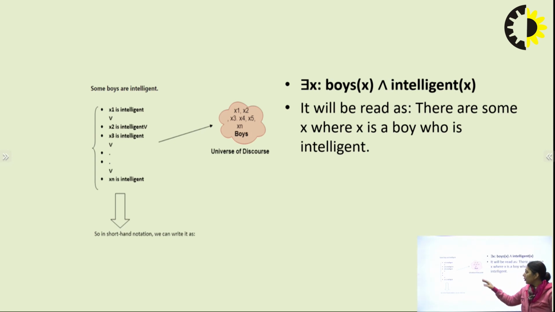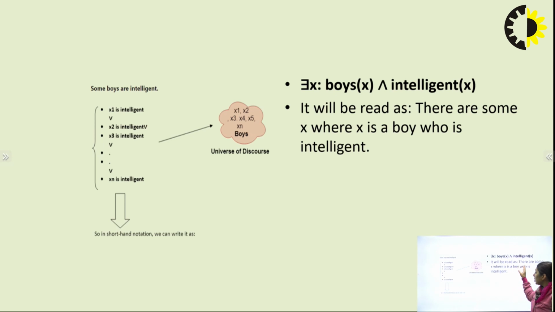Okay. So representation for that is the same thing. We are having the universe of discourse. We are having certain boys representing here x1, x2, x3, x4, x5 till xn. Now there are some intelligent boys present in that. ठीक है. So it's mentioning boys x, that means and, the conjunction point, intelligent x. कुछ, लेकिन हमने यहाँ कौन सा symbol लगाया है? Opposite E, that is your existential quantifier which is representing कुछ के लिए, for some, not all boys we are talking. Some boys are intelligent, that means. So it's mentioned here there are some x